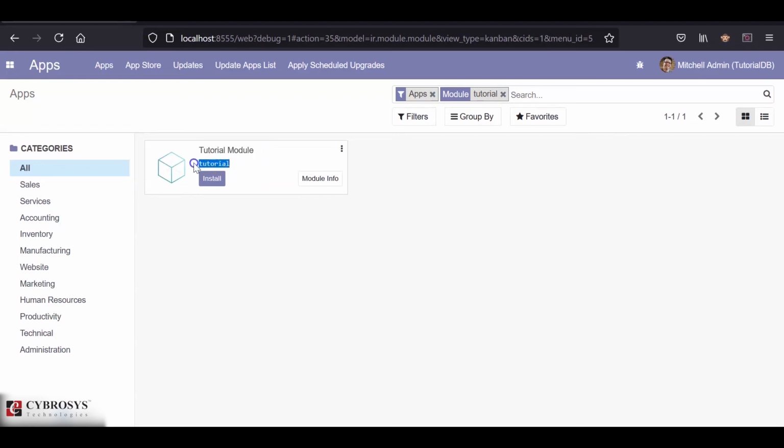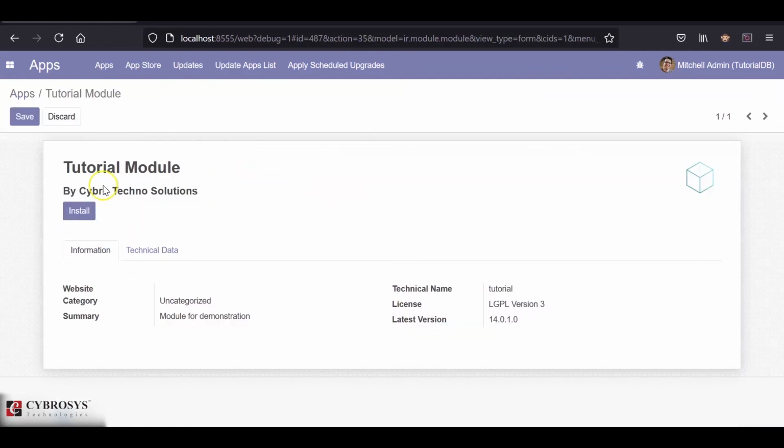I mean, the name which we gave in the manifest is shown here. This will be the technical name of our module, and if you click on the module info, you can see the author is displayed here. The summary which we gave for the module is also shown here, and if we give any version inside the manifest, it will also be shown here. As we haven't given any version, the default value is shown here, and similarly the license also.